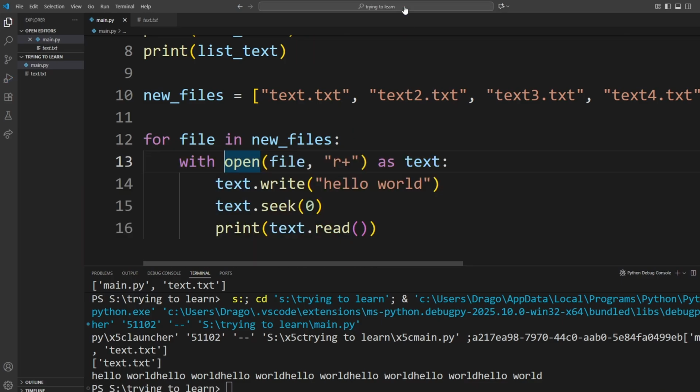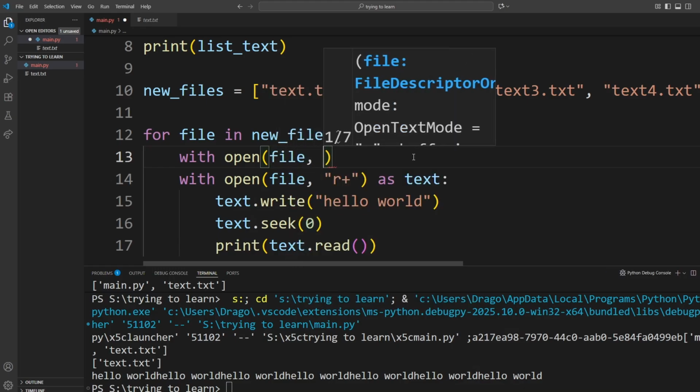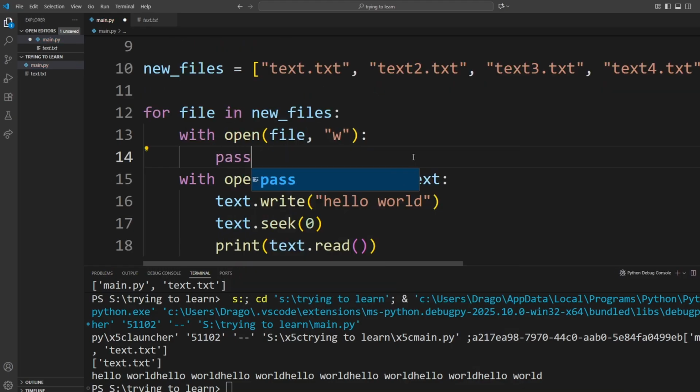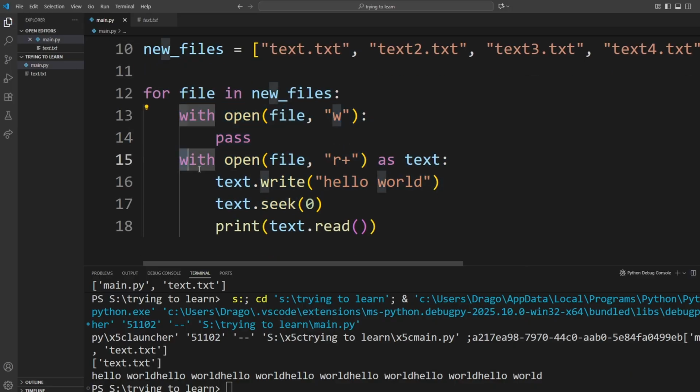And that's because we're actually doing read plus. And if we're reading, then we kind of need to actually have the file first. So first, I'm going to say with open file. And we're just going to use W. And then we'll just pass. So this is basically just making sure that it actually does exist first, and then we'll open it as a reading. And now if we press F5,